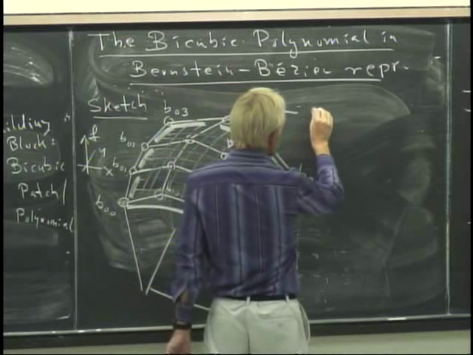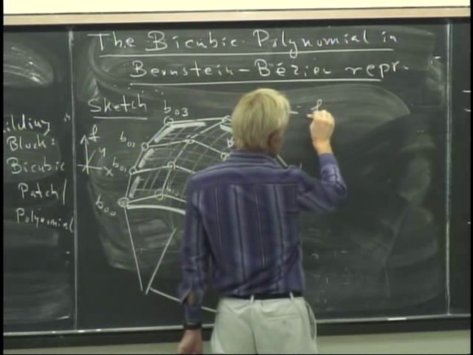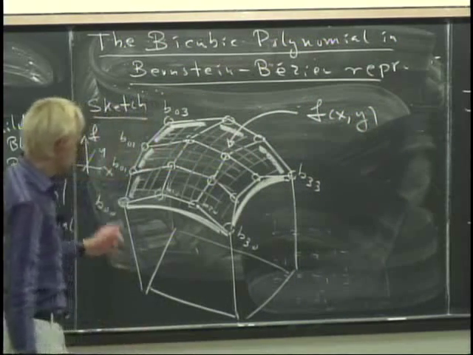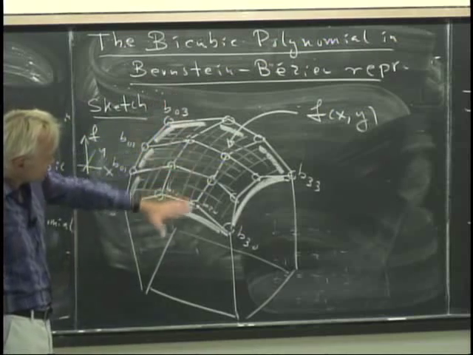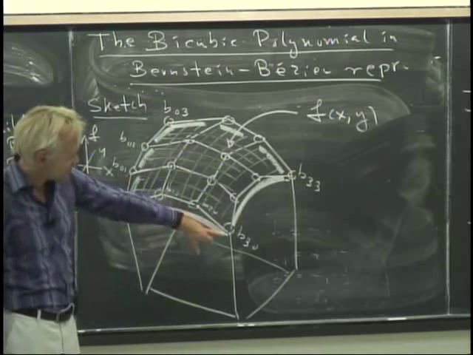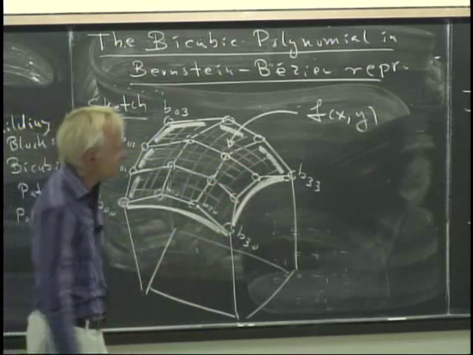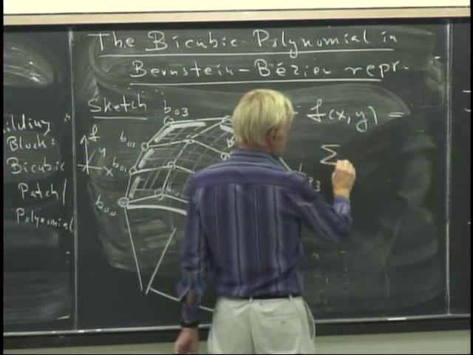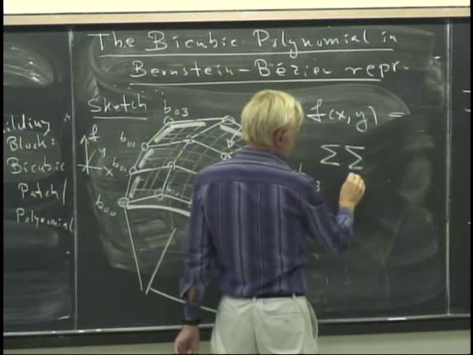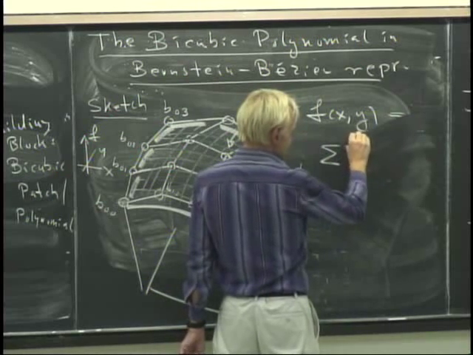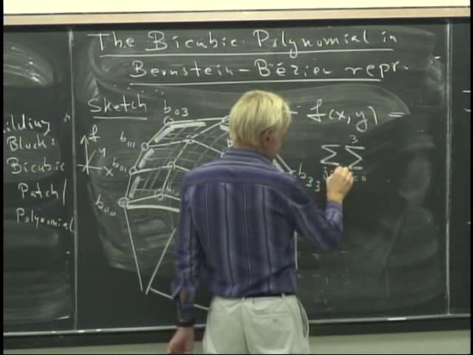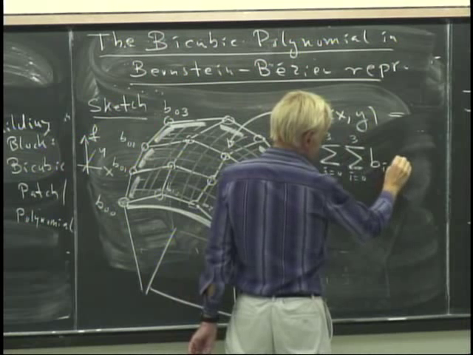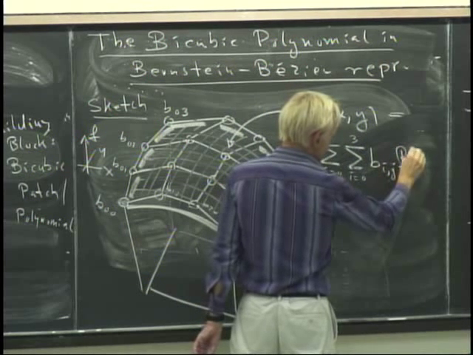So this surface is a function f of x, y. As I say, f depends on x and y. And so the coefficients in the expression will be these b_ij things times Bernstein polynomials. So that will be some kind of double sum now. Sum i from 0 to 3, j from 0 to 3. And now the coefficients are called b_ij times b_i^3 of x